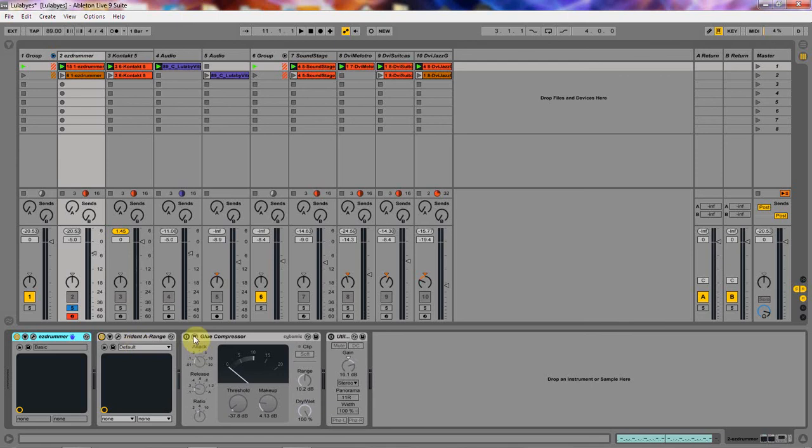What I did with the compressor, the Glue Compressor, which comes in Ableton Live, kind of mimics the SSL bus compressor on the SSL console. Okay, what this compressor is going to do is compress the hi-hats and have them in the same dynamic level range. I know what I'm talking about, but for you guys that don't understand, pretty much you want to even out the sound for the hi-hats. That way they sound all